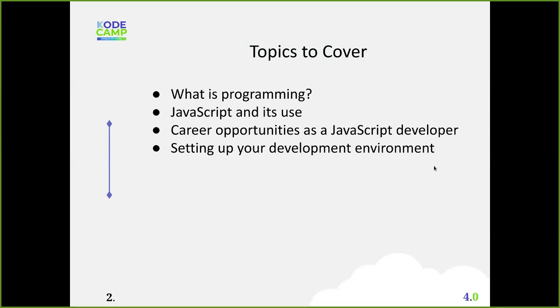So you can use JavaScript with React Native to build cross-platform mobile apps. You can use React, right? You can also use JavaScript to build desktop apps, cross-platform desktop apps. And you can use what is called Electron. Electron is a framework out there that you can use to build cross-platform apps for different platforms.